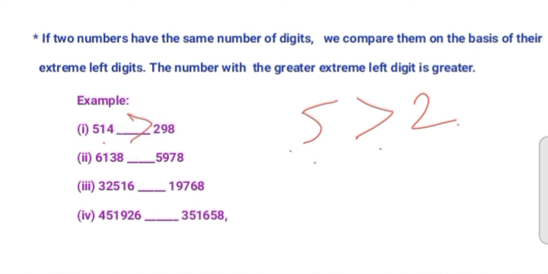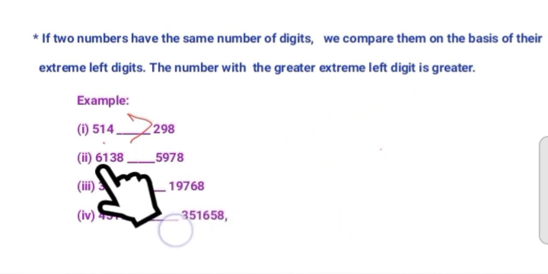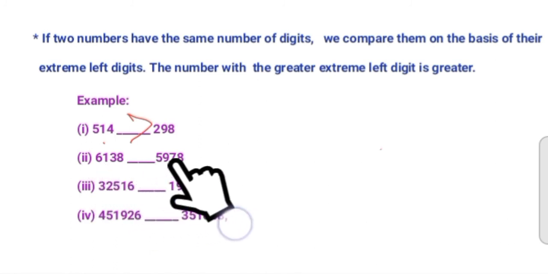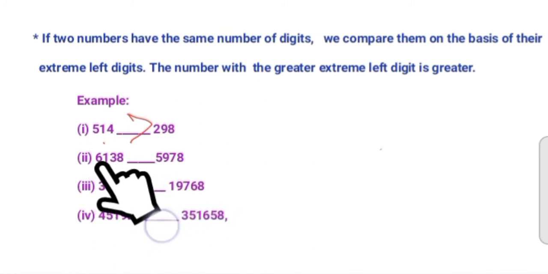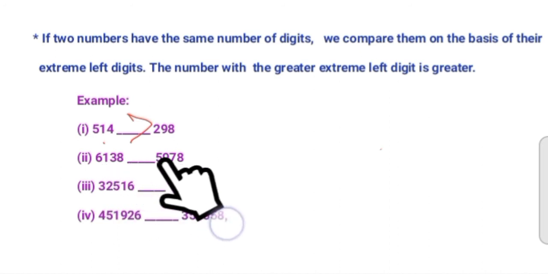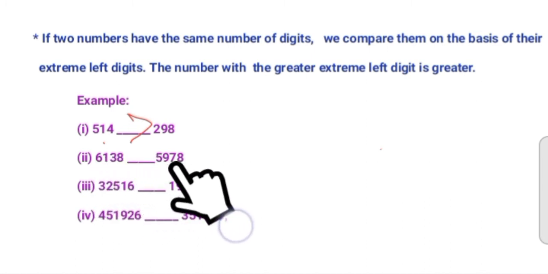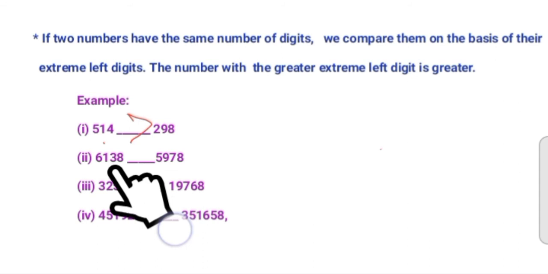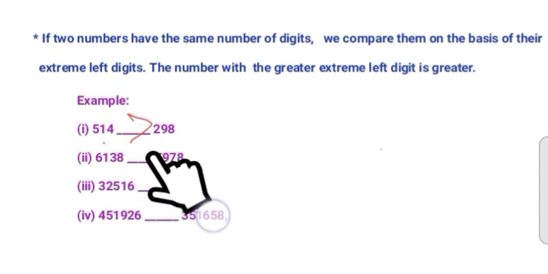Okay, now we can go to the next one. We have one number. Now we can compare these two numbers. We need to compare these two numbers. Here, whenever you are going to compare, first you apply the first rule. According to the first rule, both have 4-digit numbers. This is also 4-digit, 4-digit. So first rule is not applicable. So we can come to the second rule.